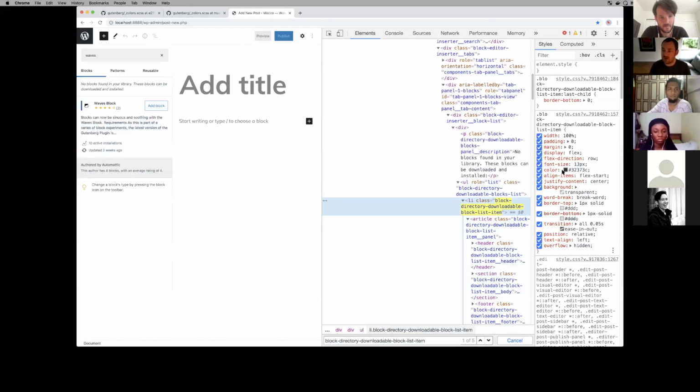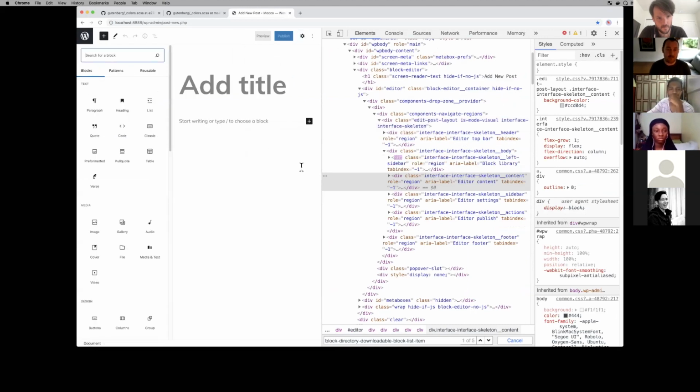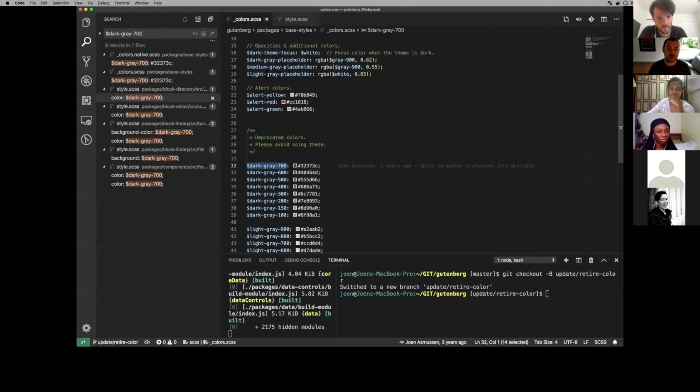You can see it right here in the sidebar. So that's for the body text here. That doesn't need to be dark gray 700. That should be the same color as this. So you can see immediately why it makes sense to retire this one in favor of the text color, which is